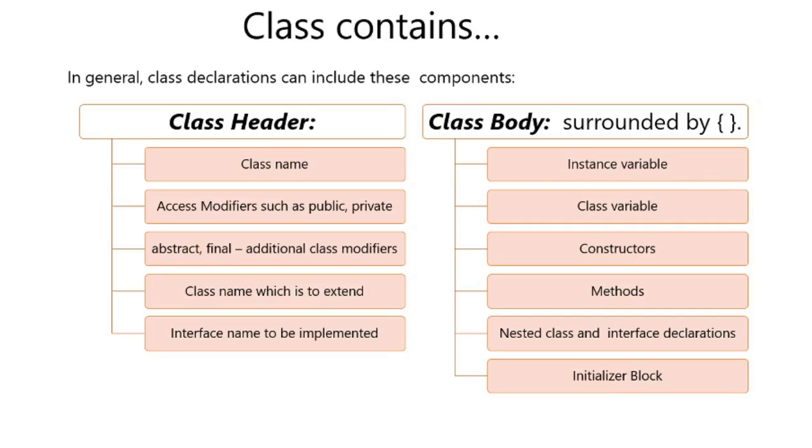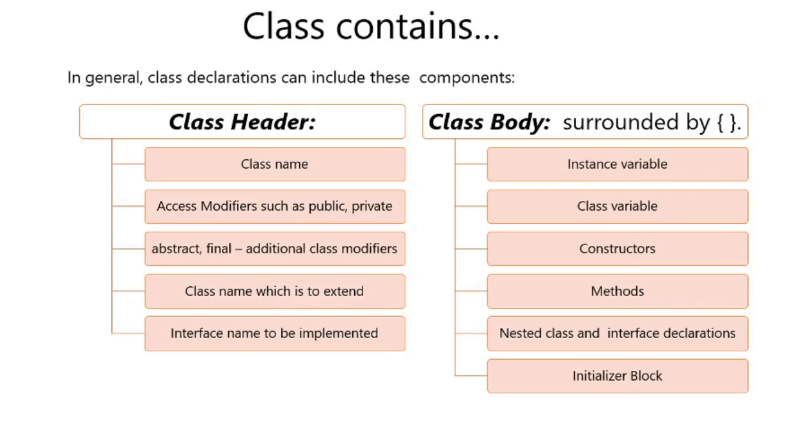First one is the class header and second one is the class body. Class header includes again many parts, like class name preceded by the keyword class, then scope or accessibility modifier, that is public or private, that means class to be declared as public or private. Then additional class modifiers, that is abstract or final,